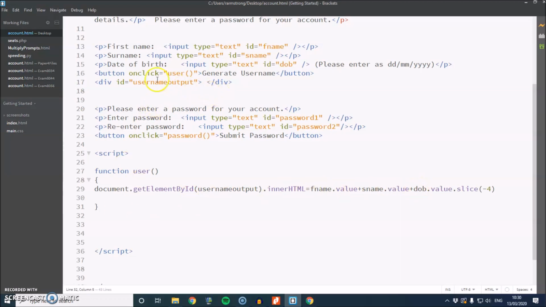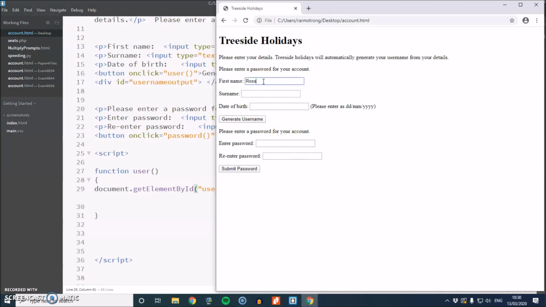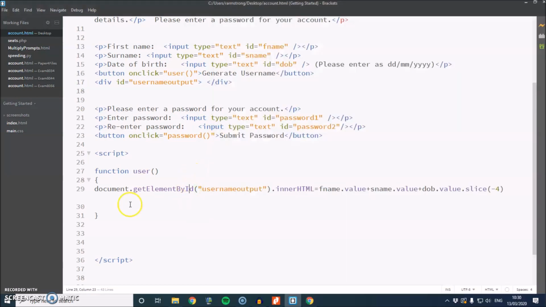Okay, so username, okay, just another gentle reminder to buy me some lovely gifts. Okay, cool, so we've got Ross Armstrong, 1992, vintage year. Perfect, okay, so let's tidy this up a bit, and